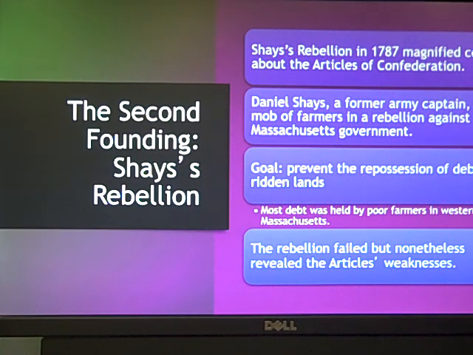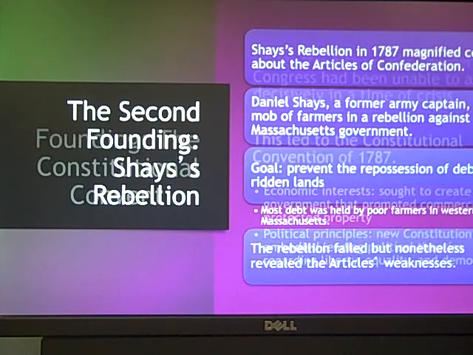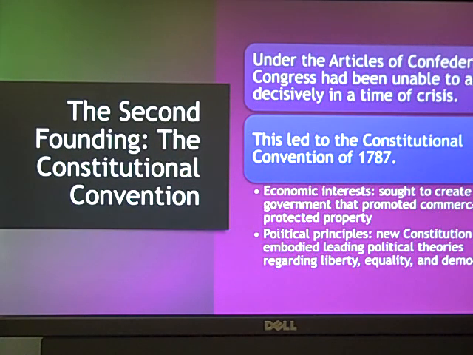Because under a confederation, there's nothing that requires Georgia to go and help. Well, especially if that's seen as an internal problem within the sovereign state of Massachusetts. Okay? So, out of this, we are going to meet again, yet again, for another convention. A whole bunch of rich, white, landowning white folk getting together and saying, we've got to fix stuff.